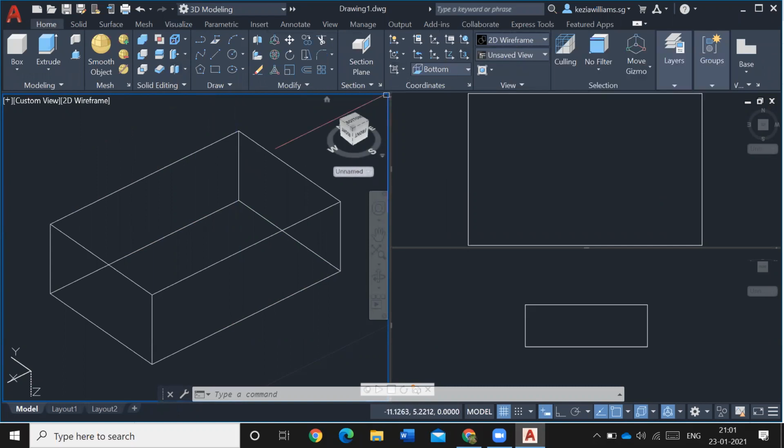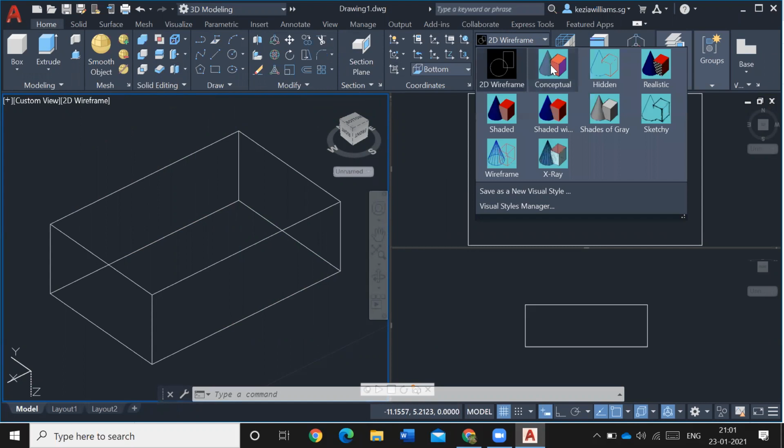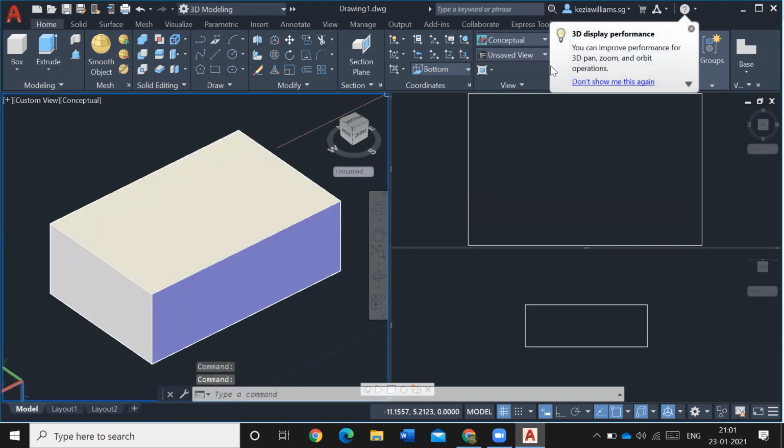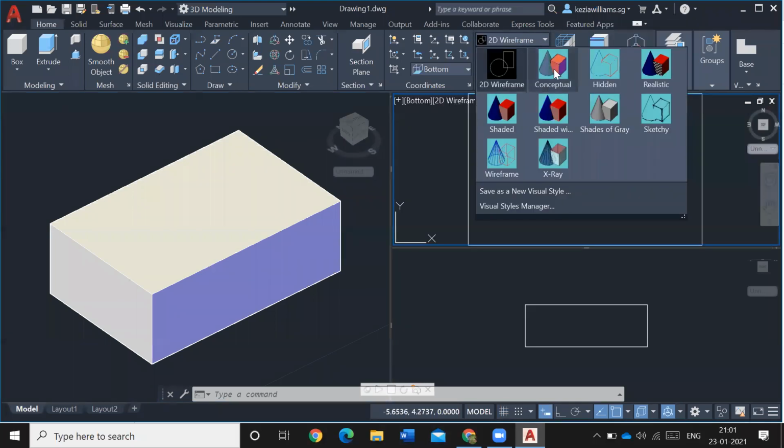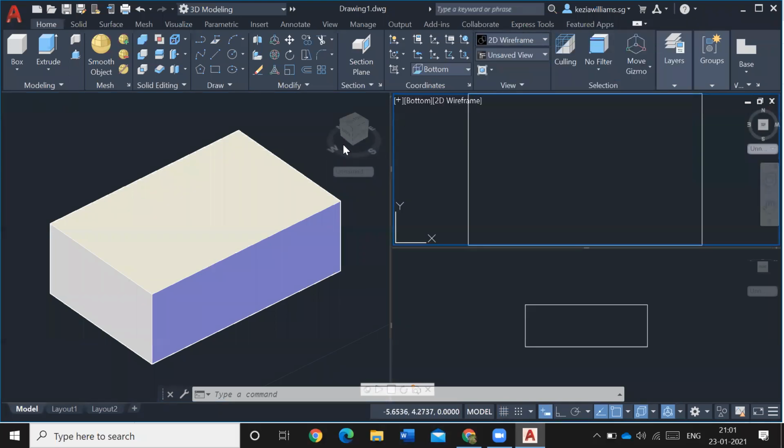This is called 2D wireframe, right? Then this view I'm going to change to conceptual. Conceptual gives you the same picture, but a better view. This is called conceptual, and this is called hidden.